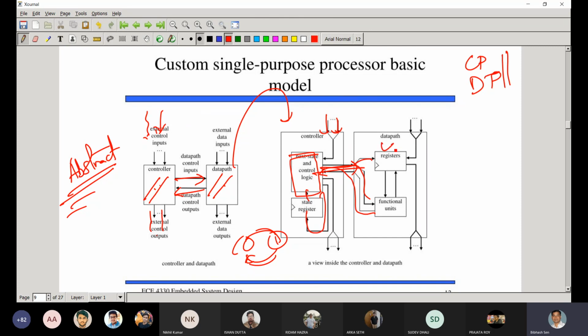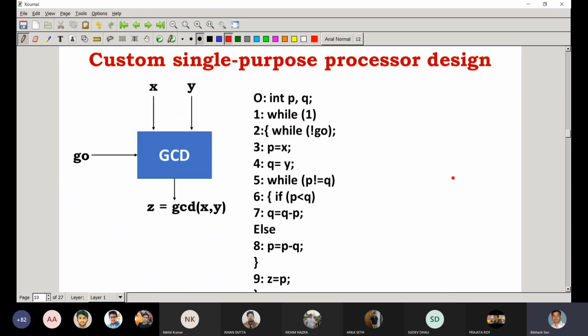So in the data path there are mainly registers, and there is a functional unit, mostly an ALU, and there is a register that I'm calling the scratchpad register. So the abstraction looks like this. Now, if you go deeper, you will find, suppose I have to solve something before that, okay, before coming to that part,